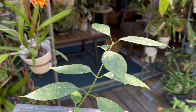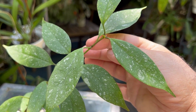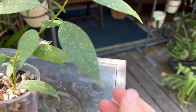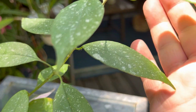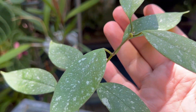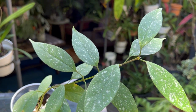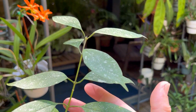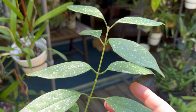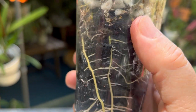Another splasher here is Hoya multiflora. I received it as spot. I've seen it called multiflora Milky Way. It has really diffuse splashing, and it seems to be consistent. I've grown this plant for a long time, and all the leaves stay this splashy, and it's an upright grower, like the regular Hoya multiflora, and it seems to be happy in this rooting mix on top of